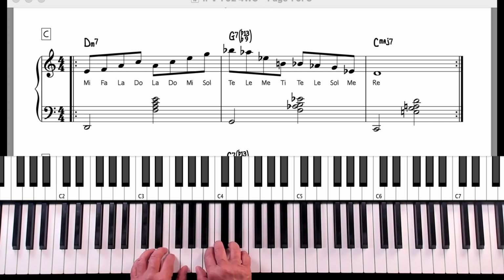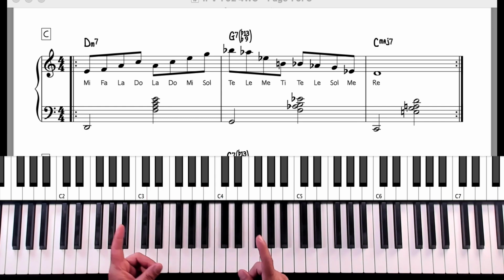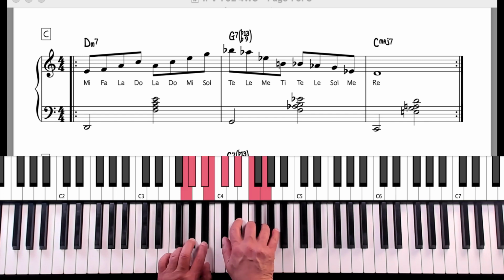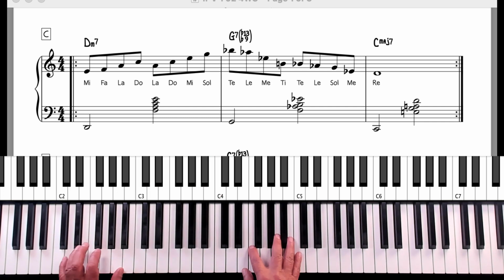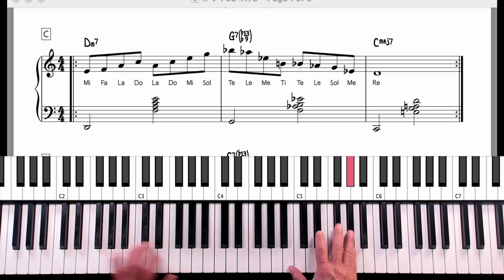First, how about if we do a cluster on C, on D Dorian, which is the scale that the 2 minor 7 is going to use. We did our altered scales today, so we're going to do an altered scale on G. And then we have a cluster on C. We don't have a line on C in this example. So here we have